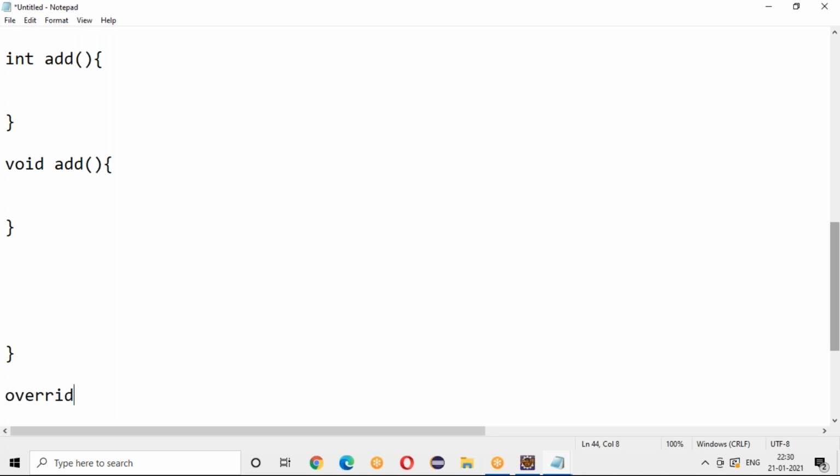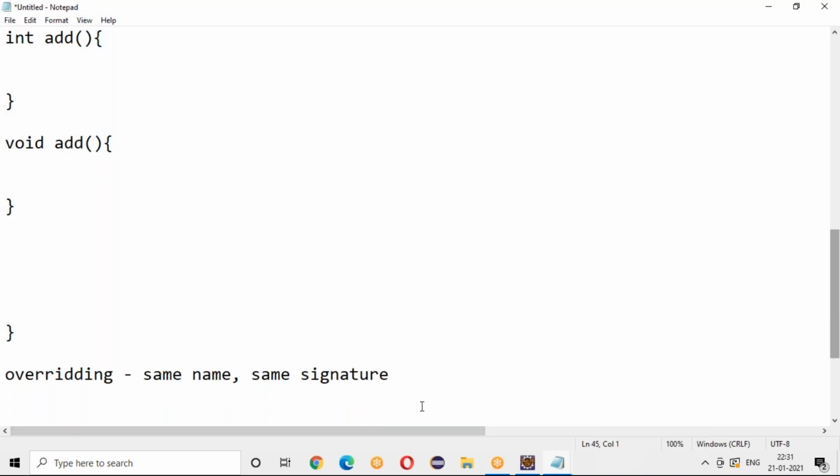Yeah, overloading is clear. So overloading is same name, different signature. Overriding is same name, same signature. It means overloading is done in the same class, and overriding is done in child and parent.